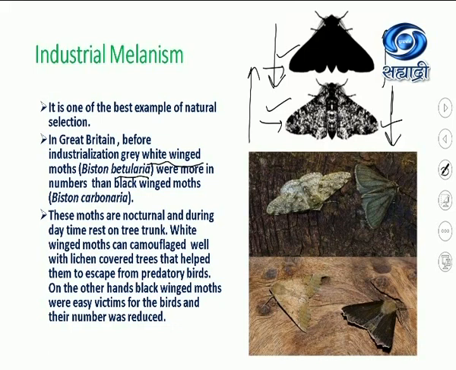So see how nature is selecting which will survive, which will not. The fittest is surviving. Initially, betularia survived because they could camouflage themselves amongst the lichen, whereas after industrialization, when there was soot, carbon, pollution, Biston carbonaria could survive. So survival of the fittest. Industrial melanism. Melanism, skin color, and industrial, because there was change in the color combination which was there in the environment because of the industries.